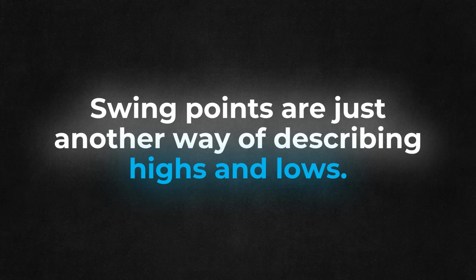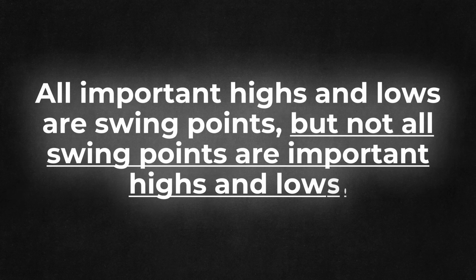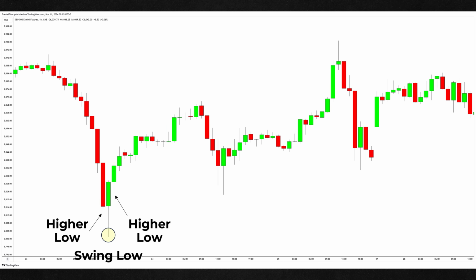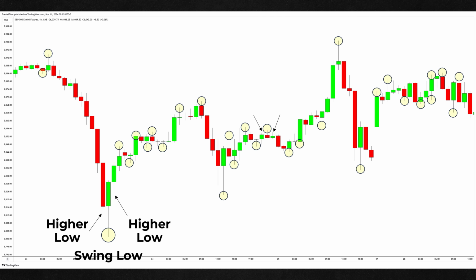Notice that all important highs and lows are swing points, but not all swing points are important highs and lows. For example, in this chart we can see an important low right here. Notice how it is a swing low. There's a higher low to the left and a higher low to the right of the candle that forms the low. To the right of the chart, we can find an example of a swing high that doesn't become an important high. If you investigate this chart, you'll find many examples of swing points, most of which end up being unimportant. Another detail here is that other traders have arrived at the same concept, so this is not exclusive to